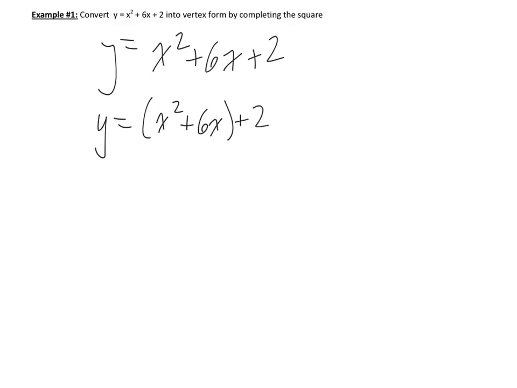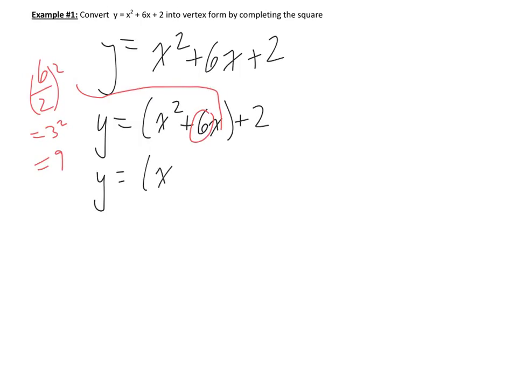The next thing I'm going to do is figure out what is the value that goes right here to complete that square. I'm going to think in my head and do a bit of math: I'm going to take my 6, or my b term. 6 divided by 2, squared, equals 3 squared equals 9. So I'll rewrite it as y equals x squared plus 6x plus 9